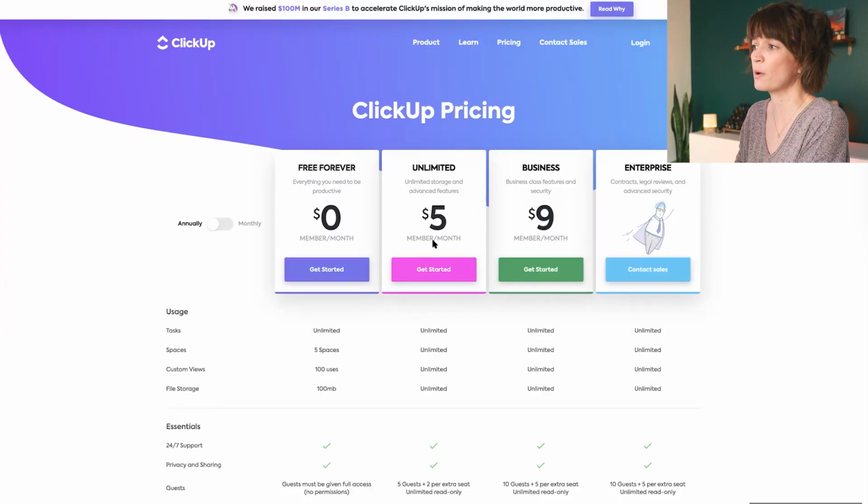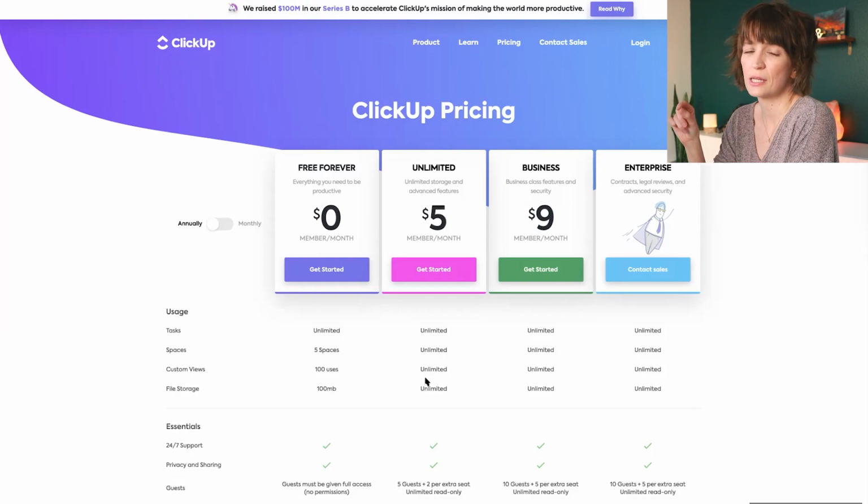So when you're ready to start actually using the full thing, it's incredibly inexpensive. It's one of the least expensive ones out there. So $5 per month per user, and you get unlimited everything. Now, here's the thing that I love about this. If you're a solopreneur and you don't have a full-time employee, you're not working with somebody who's working in every